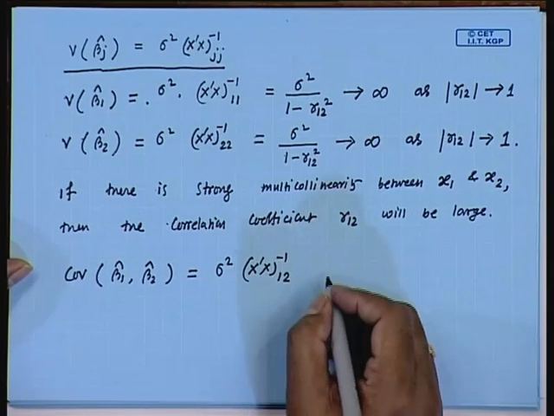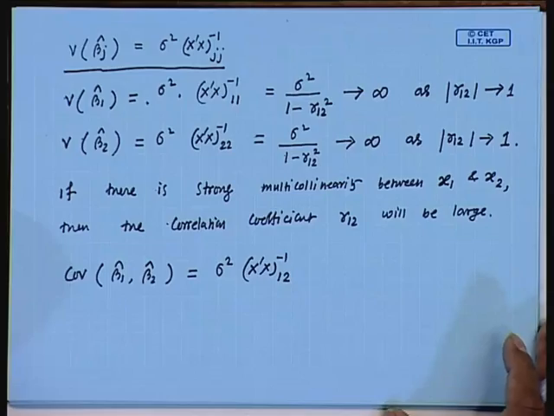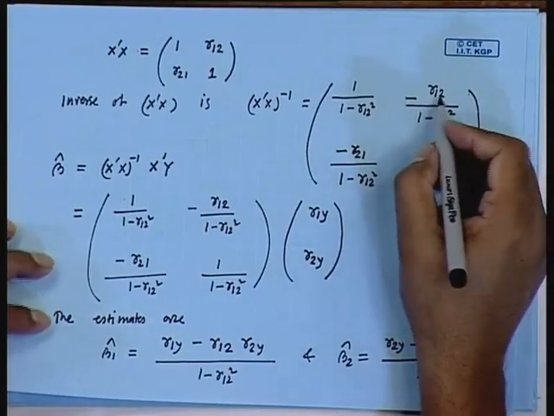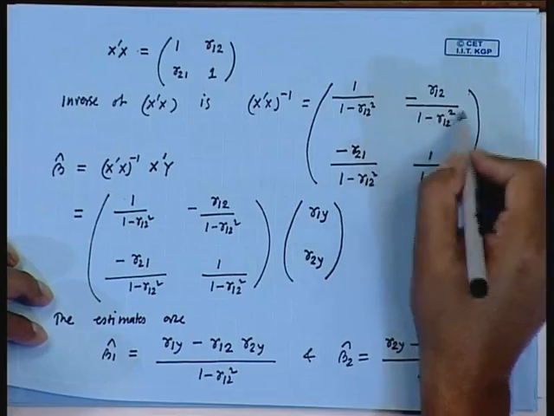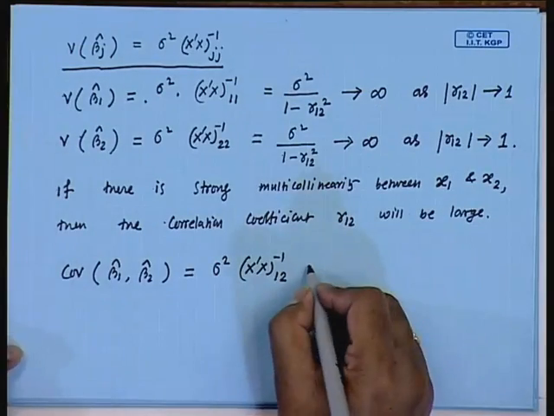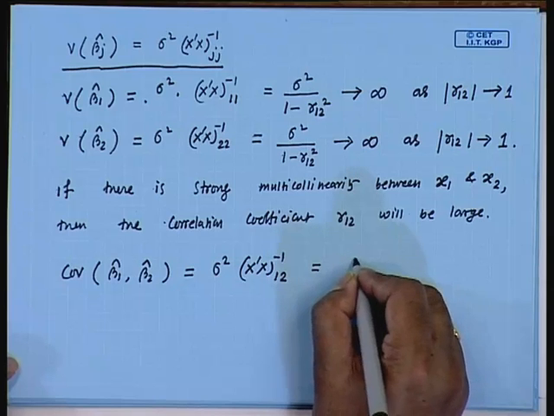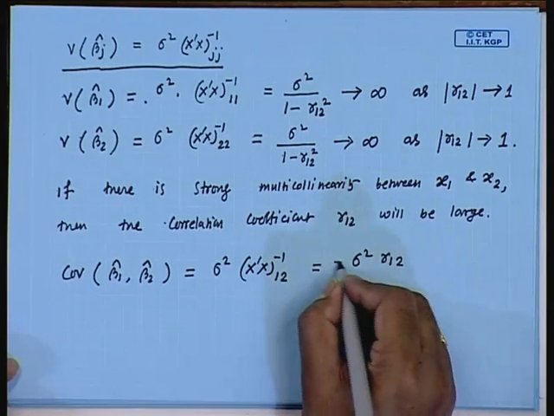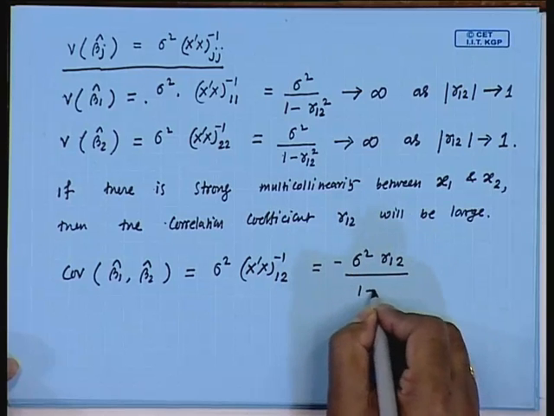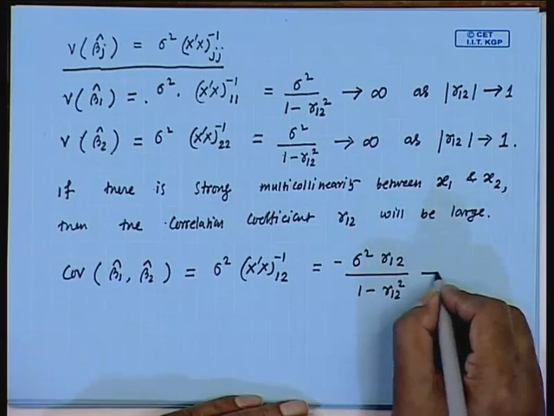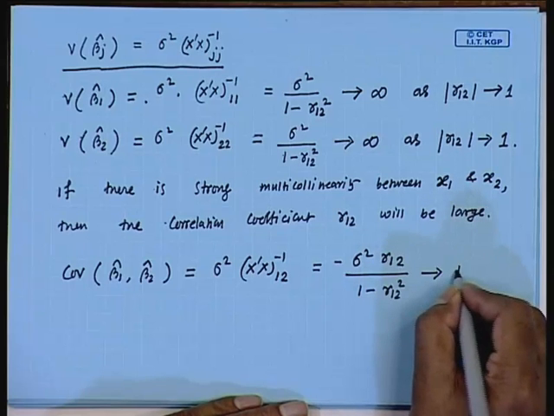The 1/2th element or 2/1th element is minus R12 by 1 minus R12 square. So, this one is going to be sigma square times minus R12 by 1 minus R12 square, and this also tends to plus or minus infinity